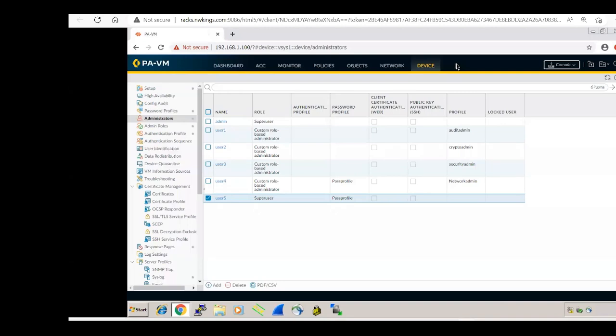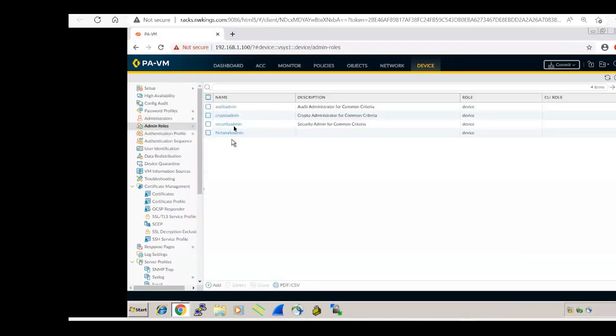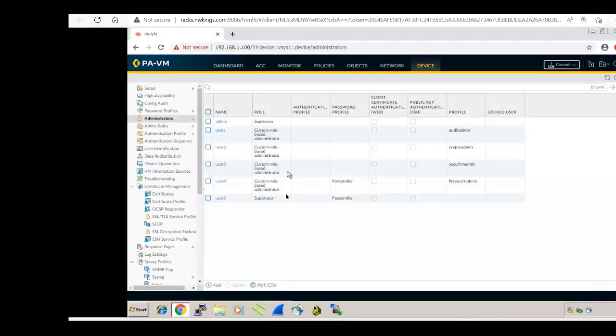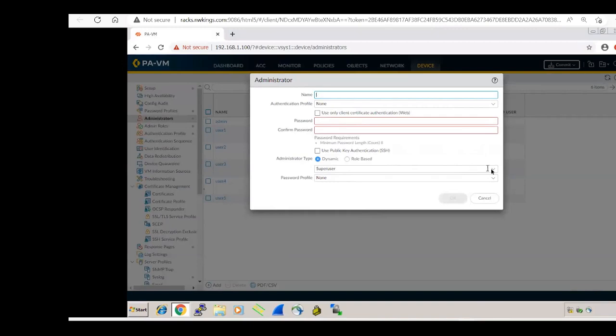Some more features I'm talking about. Okay, they would add some more features here. So if you create custom admin roles, like we have created the custom audit admin, crypto admin, security admin, whatever access I have given, they're able to view only those. But in the dynamic profile, guys, if I give the access,